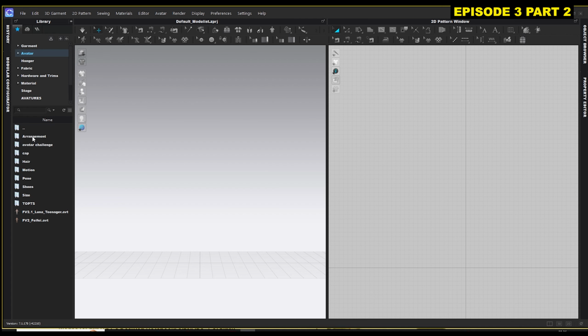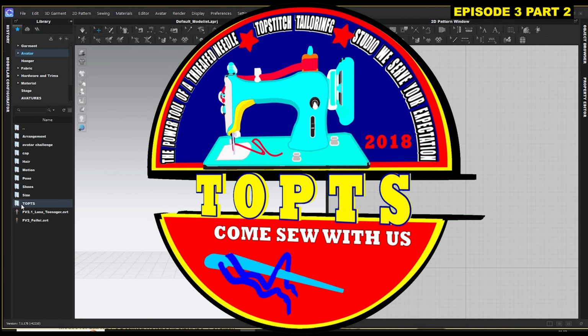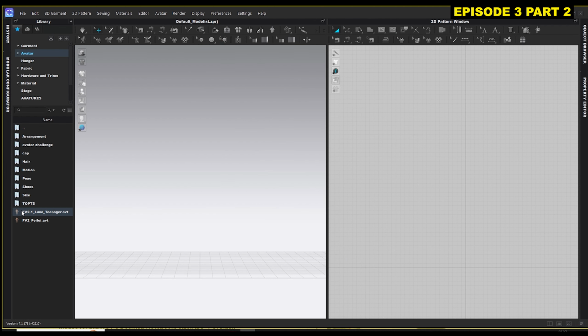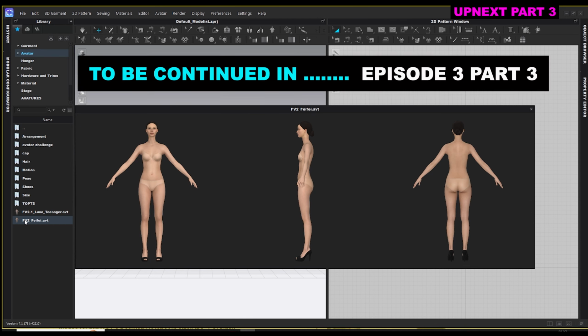Now when you double click on it, it also comes with default settings or default assets, one of which is the arrangement, avatar, challenge, cap, hair, motion, poses, shoes, size, and you can still customize it. As you can see, I also customized my folder from here by putting tops. This is the tops customized folder. But in this software, it comes with the first one. I customized the second one. So this is the factory default avatar that comes with the software. So this avatar, as you can see,